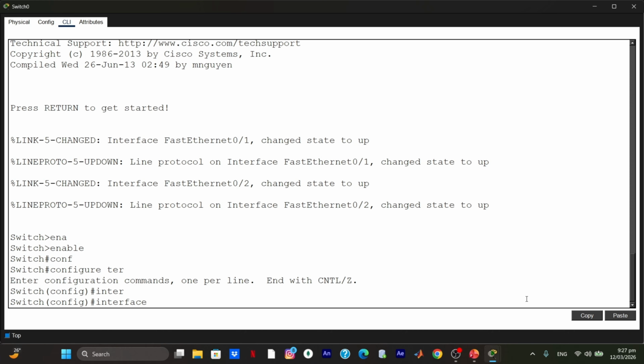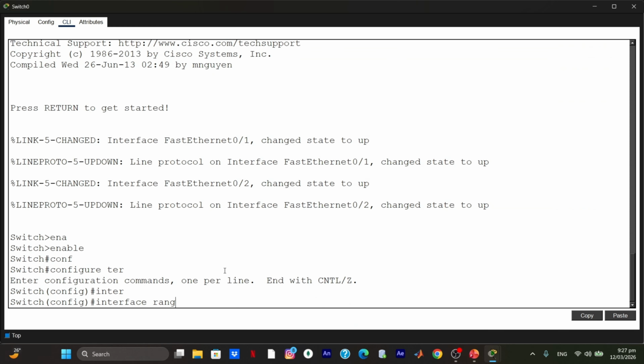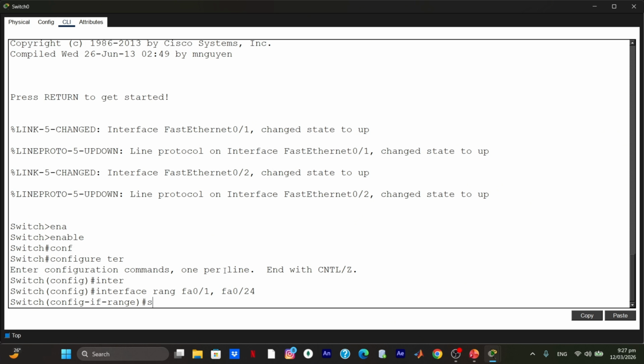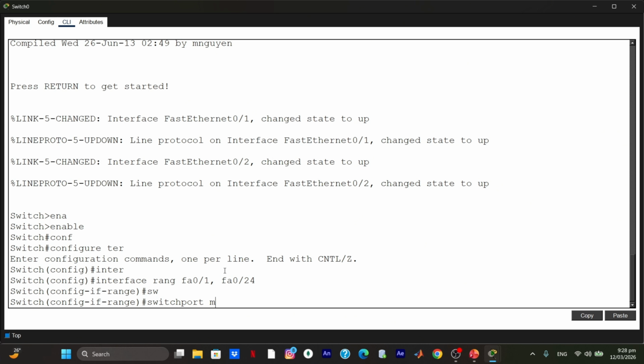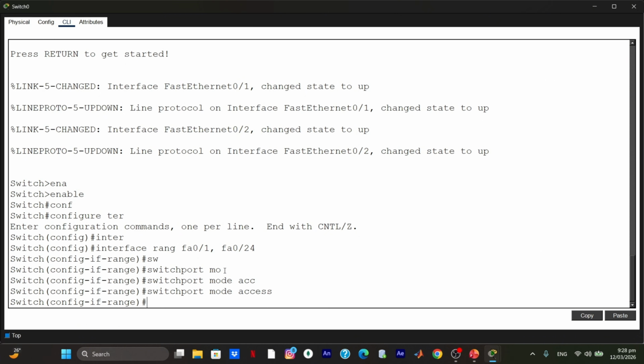We have a range: interface range FastEthernet 0/1 to FastEthernet 0/24. Then switchport mode access,